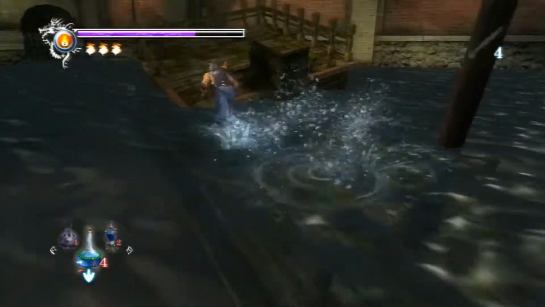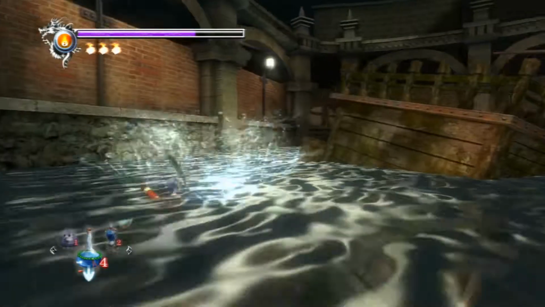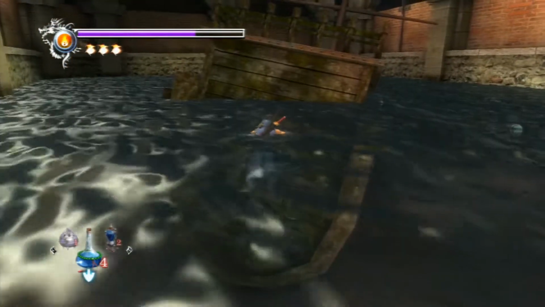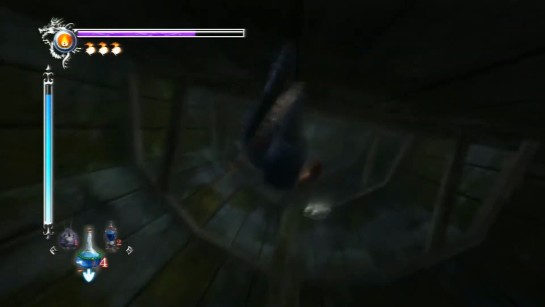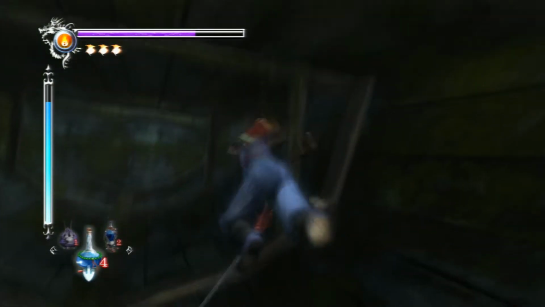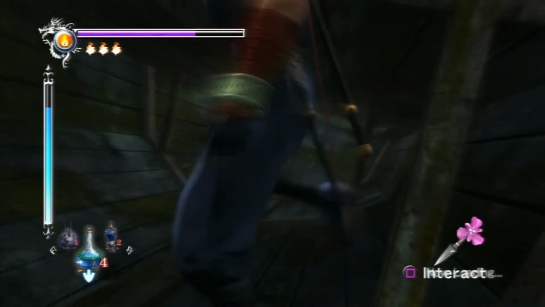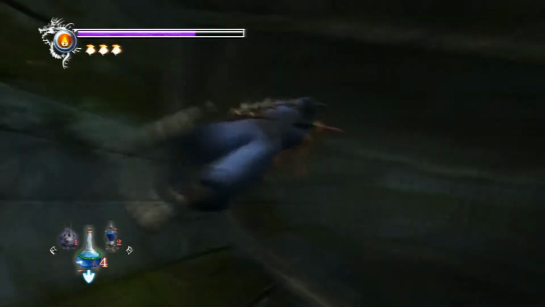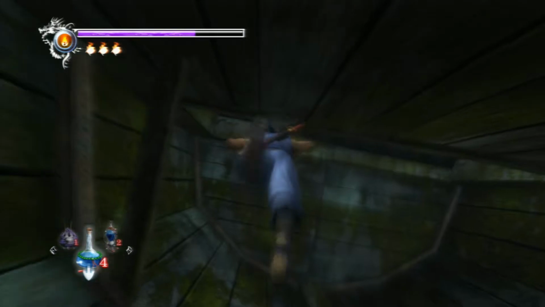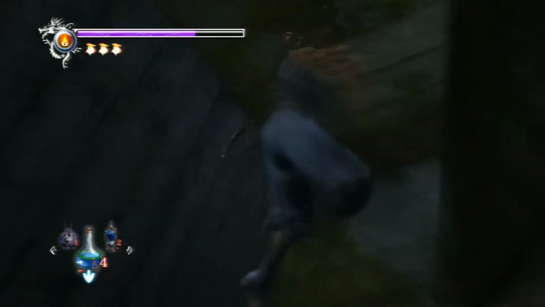So, back to what I was talking about. We're going to get a scuba gear that lets you swim underwater for as long as you want with no air. You don't have to worry about the air meter or anything like that. And basically every game does that. It's just funny how practically every game does. I don't think Tomb Raider did though. I'm not sure at all. But